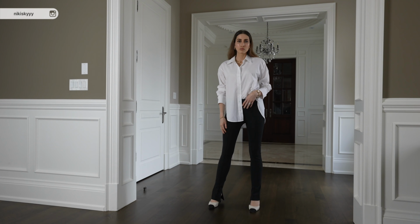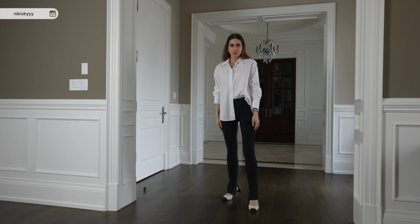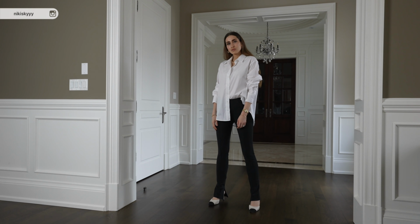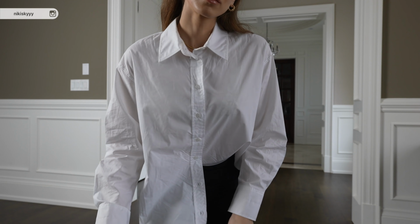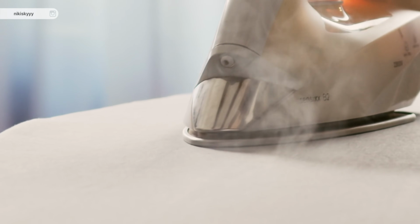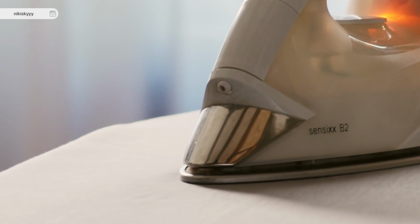So that's why I think it's such a staple, and you can get a white button-down dress shirt pretty affordably these days that are made out of sustainable, ecologically grown fabrics such as from Zara, H&M, Mango, and not spend a lot of money on it. I also wanted to suggest keeping your dress shirt looking crisp and clean by not throwing it into the wash. Trust me, I have made this mistake several times before. Always use a steamer to keep your dress shirts looking crisp and fresh,